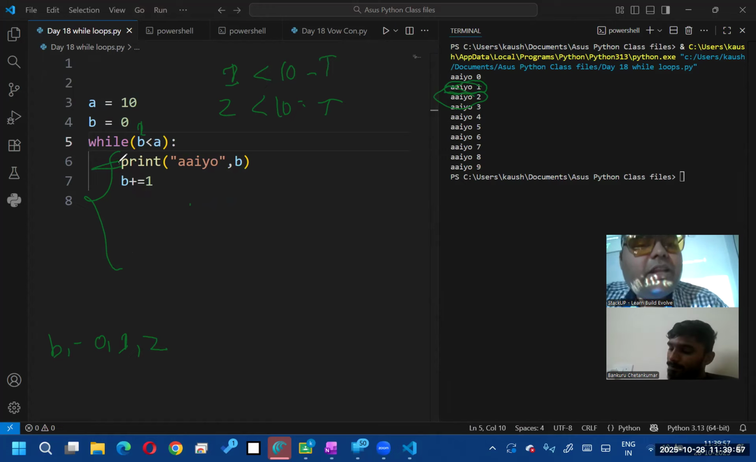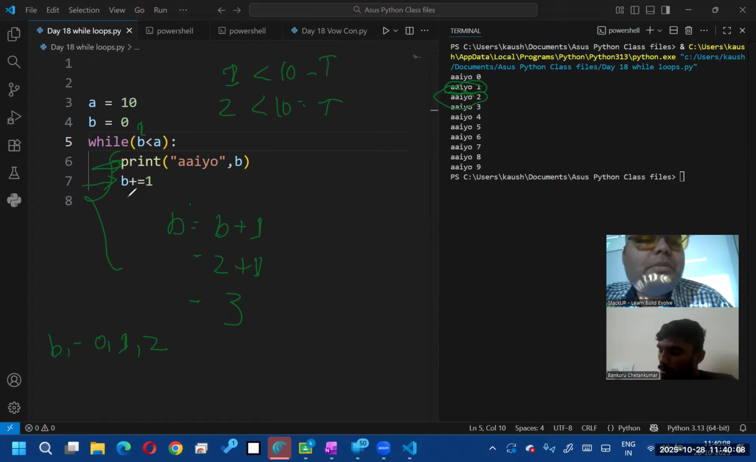And then it will go to the next line. B is equal to B plus 1. That is 2 plus 1. That is 3. So B becomes 3. We'll update 3. Any more code to execute? No, right? So then